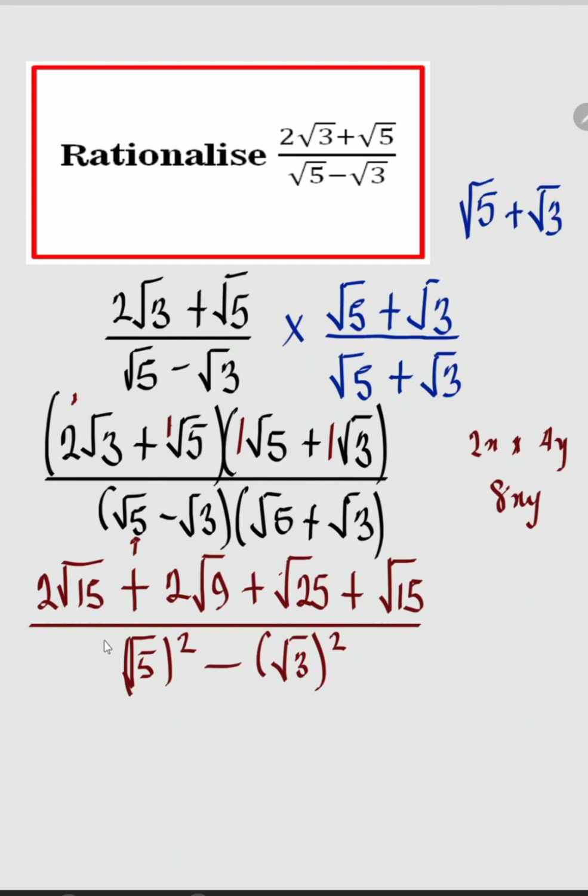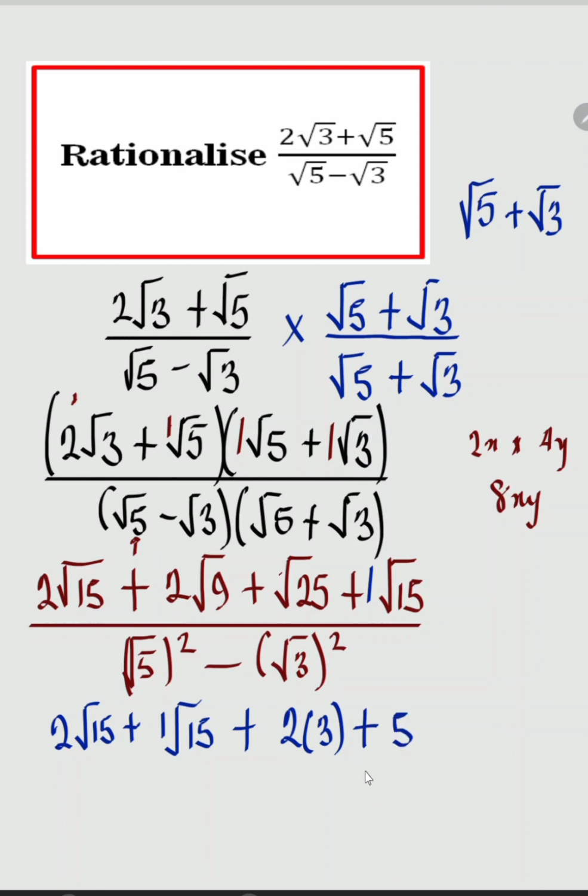Okay, then let's see what we have left. So let's collect this term, the one at the numerator. Okay, we can see that we have root 15 here, right? And we have something like 2 root 15 here, so they are family, so we can bring them side by side. So we have 2 root 15 plus, don't forget the coefficient here is 1. Okay, 1 root 15. If you like, you can decide not to write it. Okay, plus, then let's go to this 2 root 9. Root 9 is 3, right? Then plus root 25 is 5, that is the square root of 25. Everything all over,